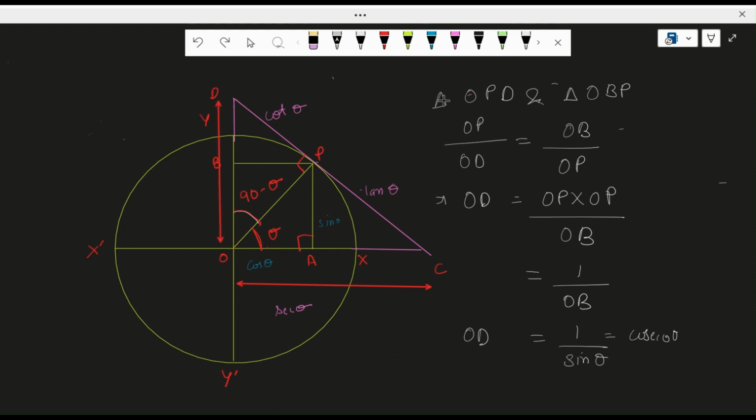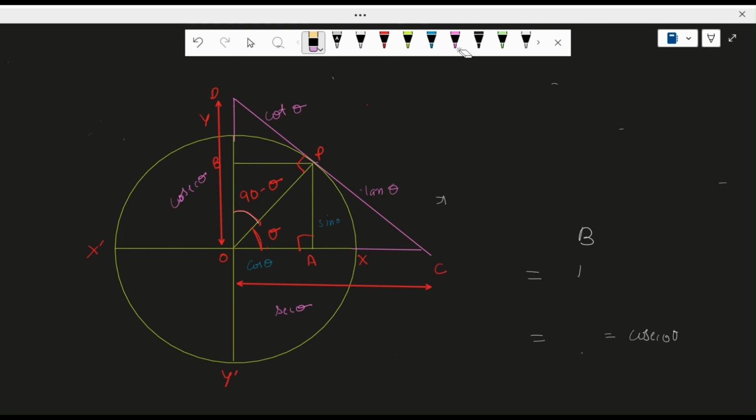This side OD will be our cosecant theta. This will be our cosecant theta. Now let us see how to calculate trigonometric identities through this unit circle, and it will be a very interesting thing. So we know what our